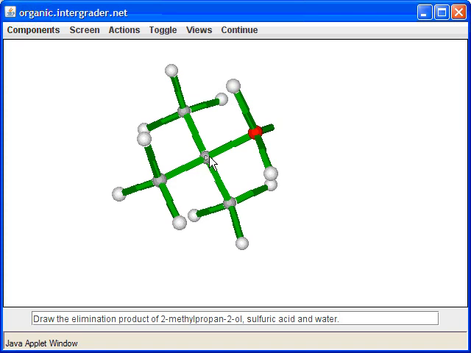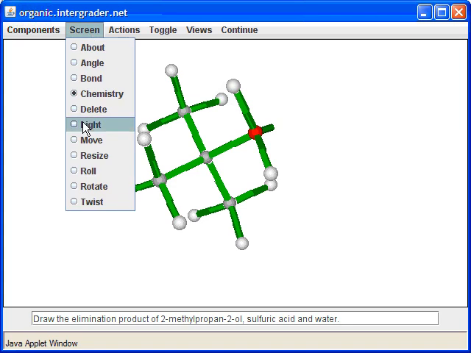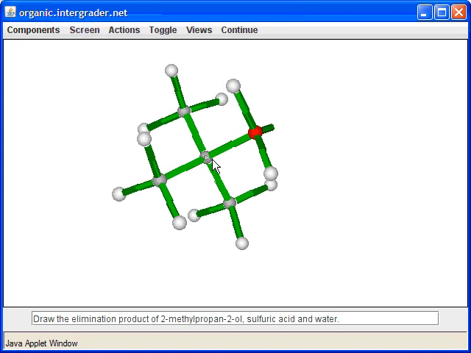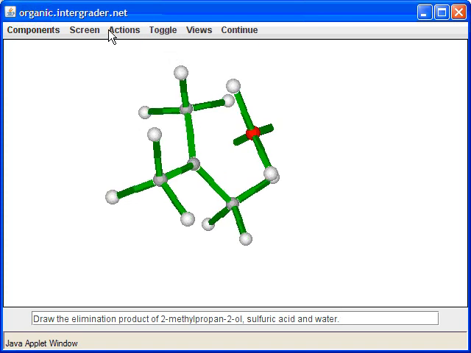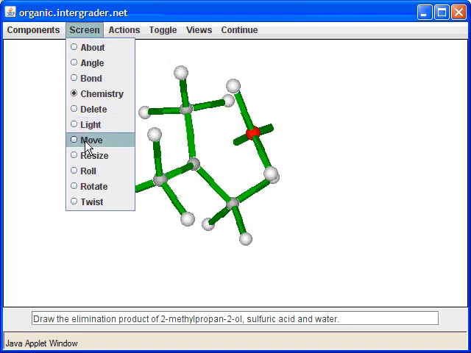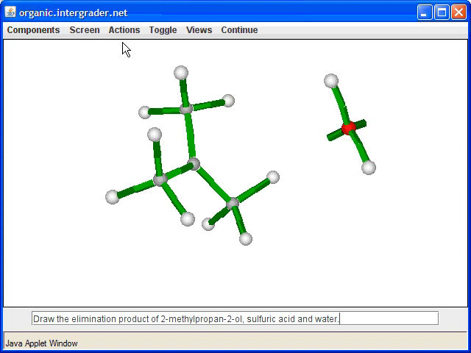Now in this case, unlike the other two cases where we had a primary alcohol, we have a tertiary alcohol. So now it's perfectly fine to shift these electrons over to water and make a tertiary cation, because remember, tertiary cations are more stable than secondary carbocations. So I'll move the water out of the way right here.